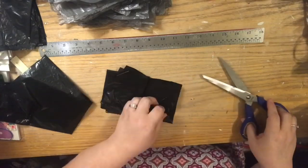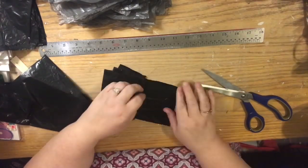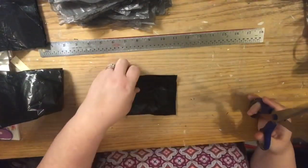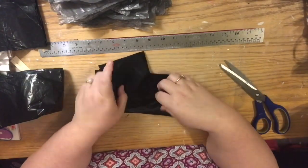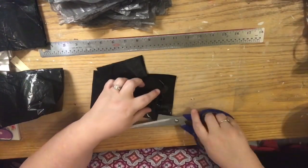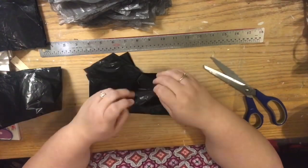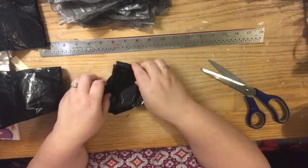I like them because they're lightweight, believe it or not, and not a heavyweight garbage bag, and they'll be the same weight as the recyclable shopping bags. Not recyclable shopping bags, the throwaway shopping bags. Disposable, that was the word. But if you have a different grade of garbage bag at home, go ahead and use it. And they will come in different sizes. So again, you might yield something different. You need to use